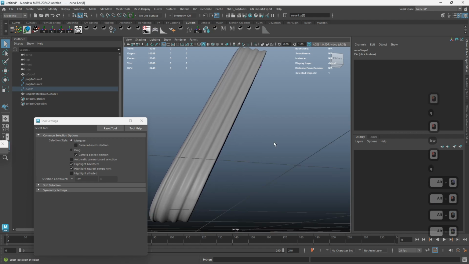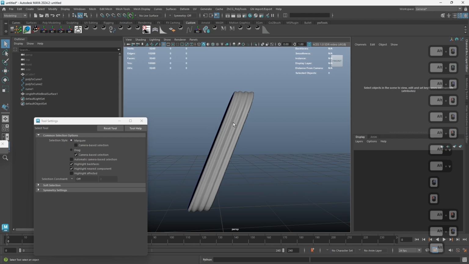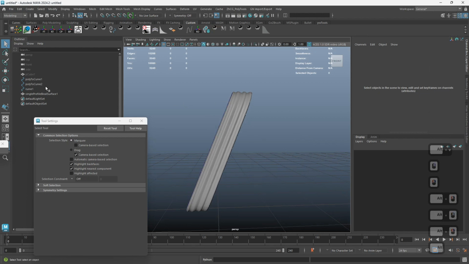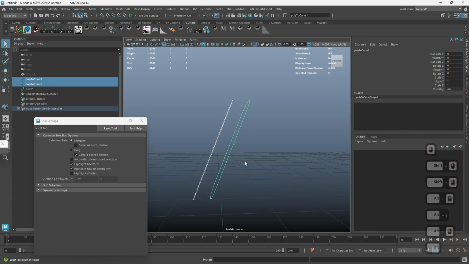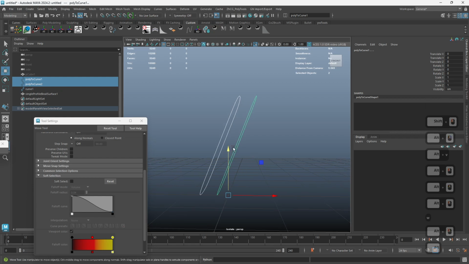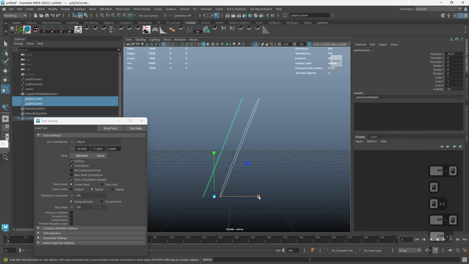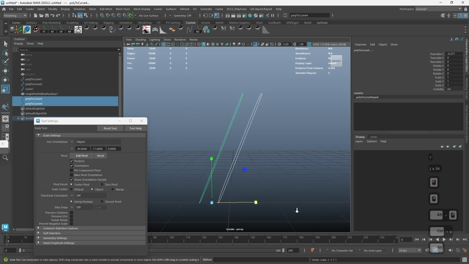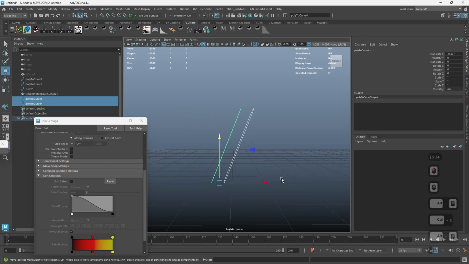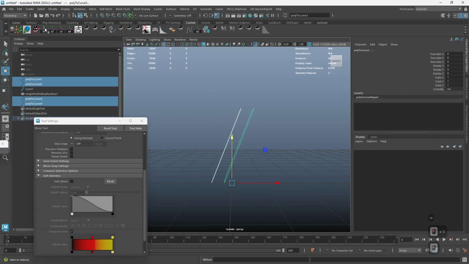Right? And we're getting a strap. Now we can have this strap on this side, but we could also select our curves, right? And if both of them have the same pivot point, it would be pretty easy to duplicate them and then snap them to the opposite side. The only difference here is, it looks like I moved one of them, so we might want to freeze and reset